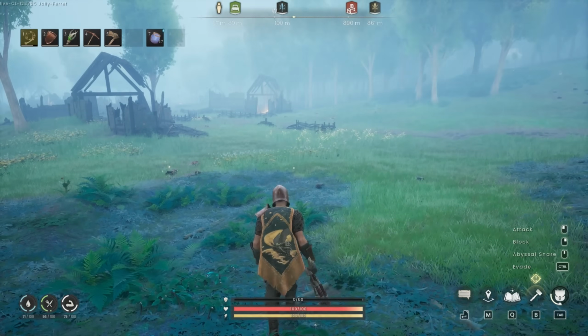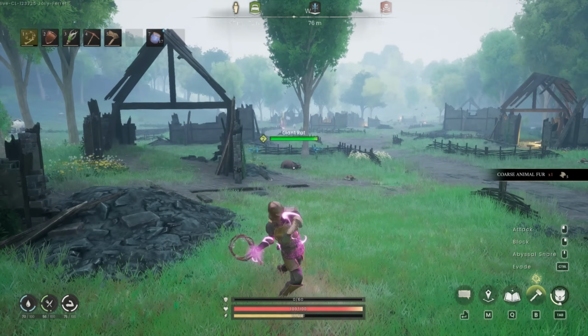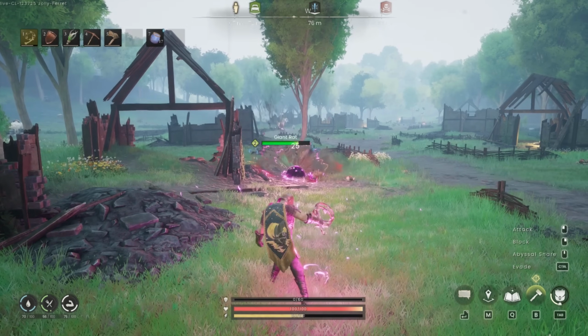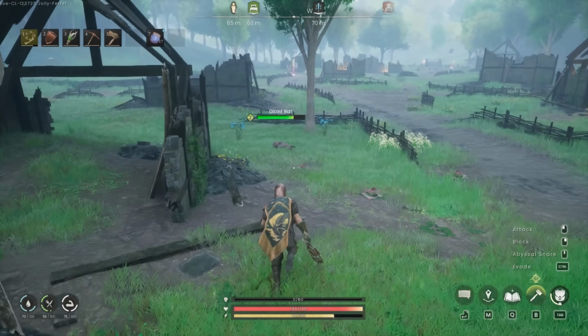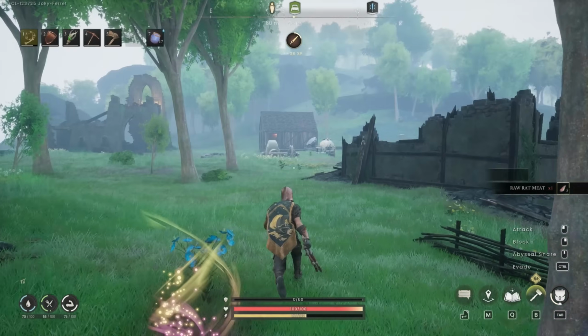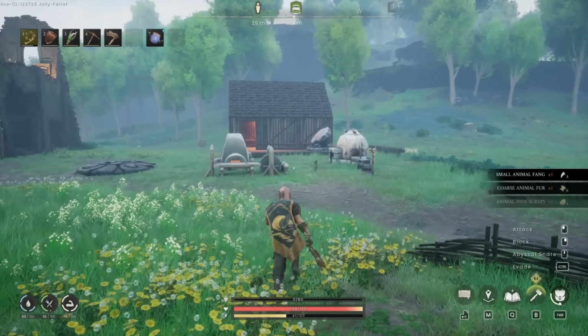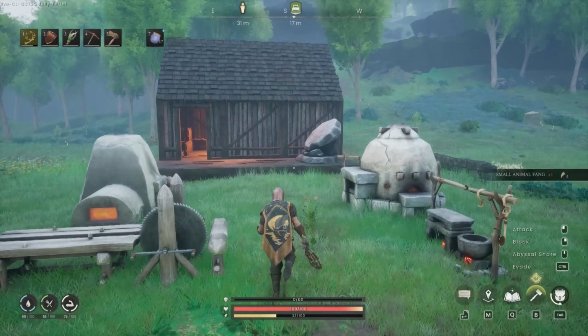Also, this Abyssal Whip. I forgot to even showcase it because it's just too amazing. We can do something like this. Abyssal Snare. And it just looks so cool. Yeah, very neat. All right, so we need more trees. We need more anima. We need more...